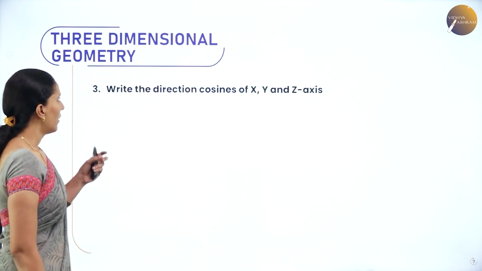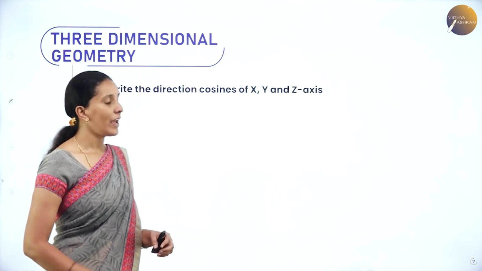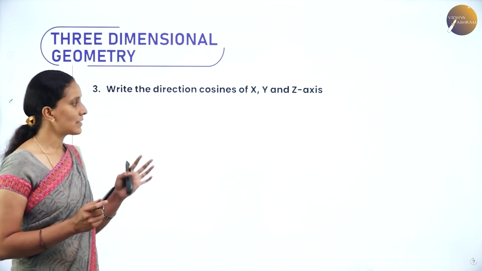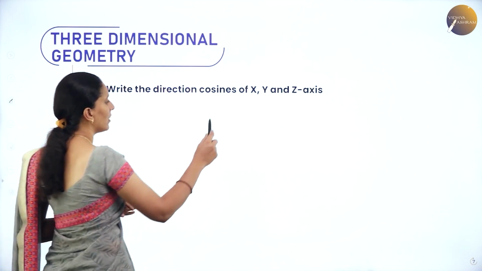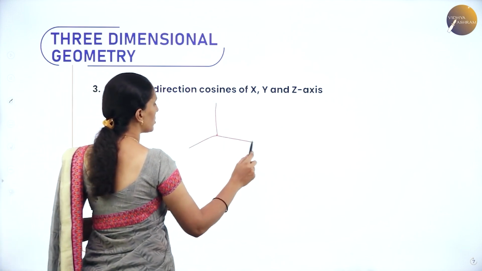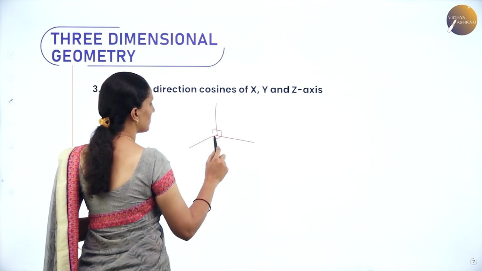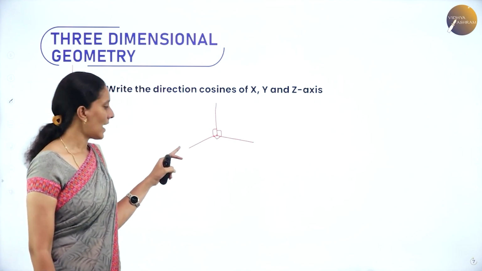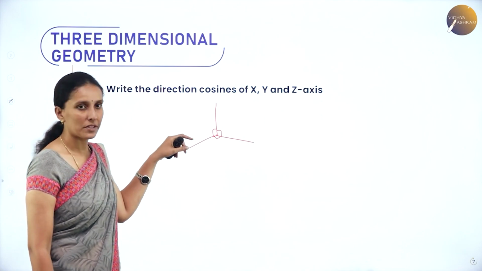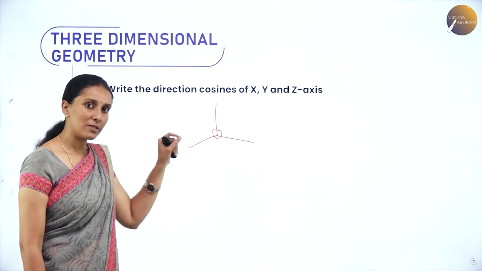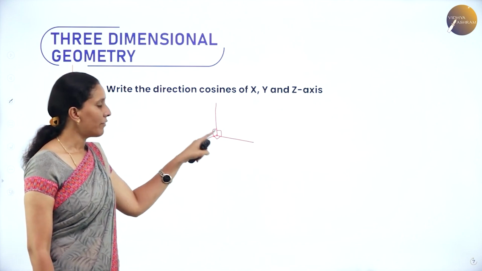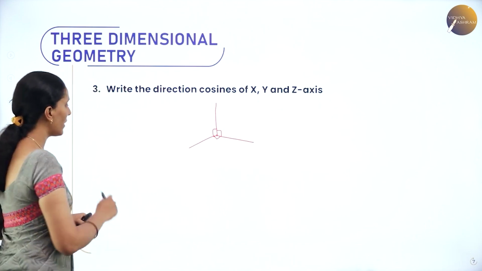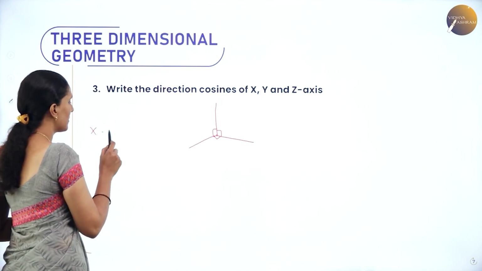Next, write the direction cosines of x, y, z axis. For x, y, z axis means, they are mutually perpendicular to each other. So if you want direction cosines of x axis, the angle created with respect to x axis is 0, and for y it is 90, for z it is 90 degree. So therefore we have for x axis